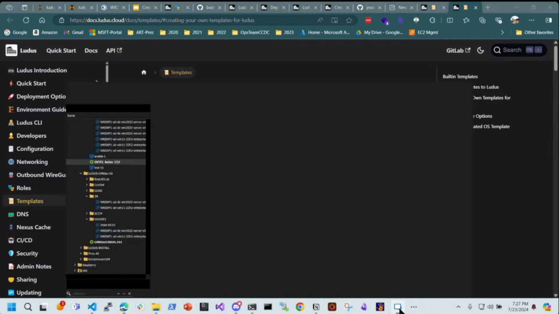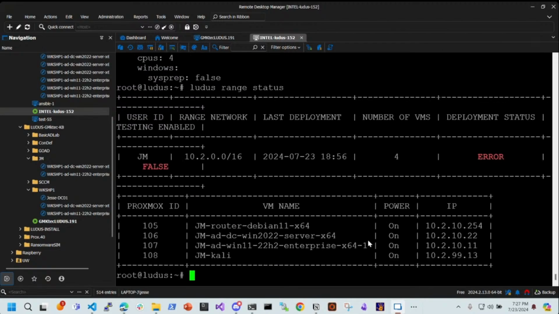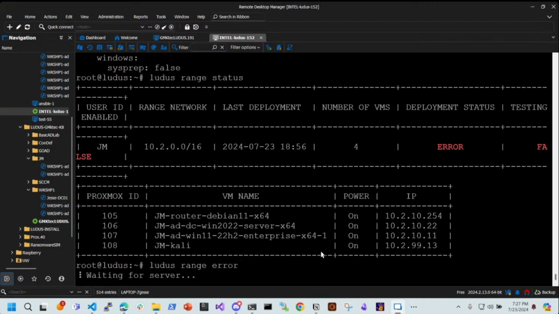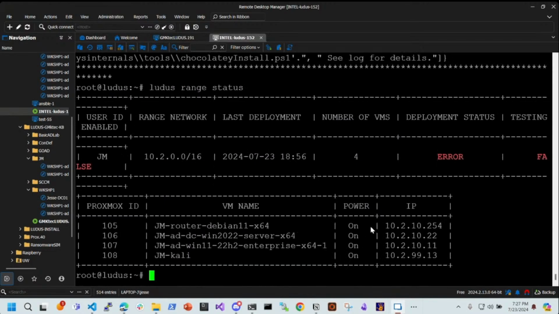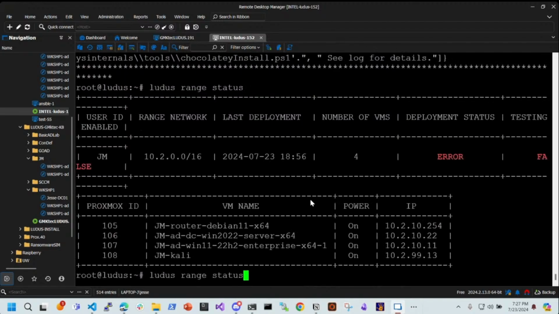Since we finished, let's do that status deal. Ludus range status, and see what the status is. Oh no. All right, it's error. Why? Let's find out. Error while running chocolatey. And I might just rerun stuff. We're not going to make this a troubleshooting session. I'm not exactly sure why that did that. But what's cool about this is you can just run this again, and it'll skip all the